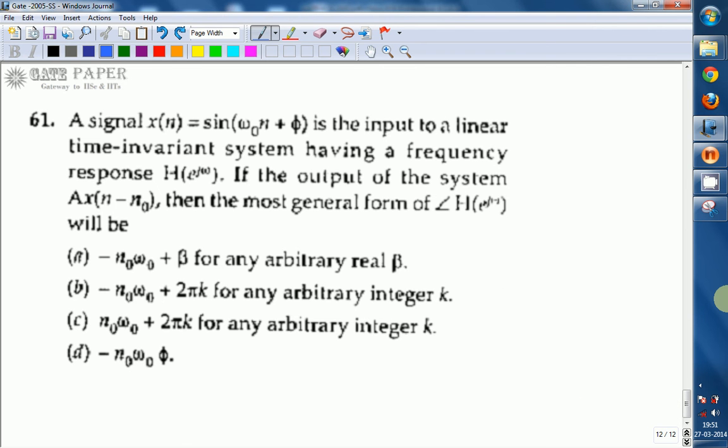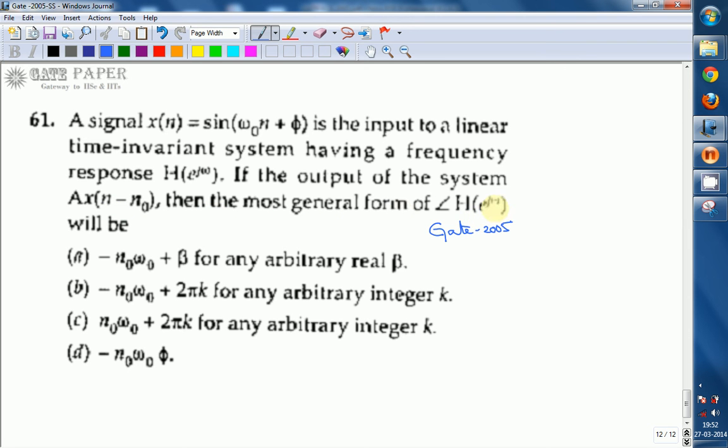Now we are going to see the question from signals and systems given in GATE 2005. Here it is given that a signal x of n equals sin(omega naught n plus 5) is the input to a linear time invariant system having a frequency response H of e power j omega. If the output of the system is A x of n minus n naught, then